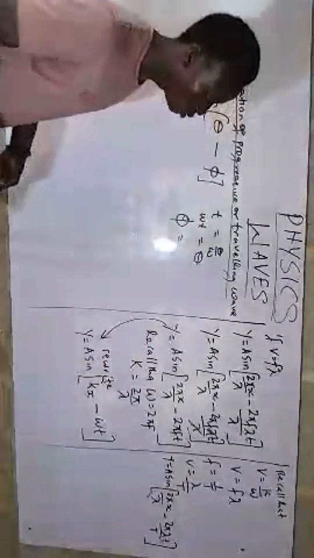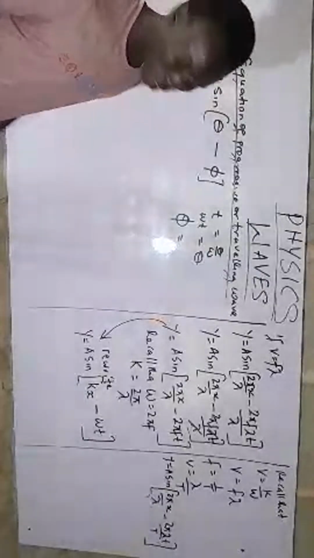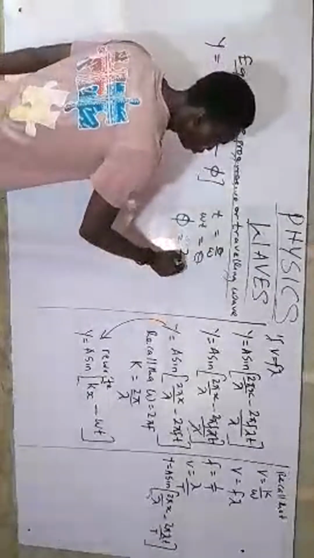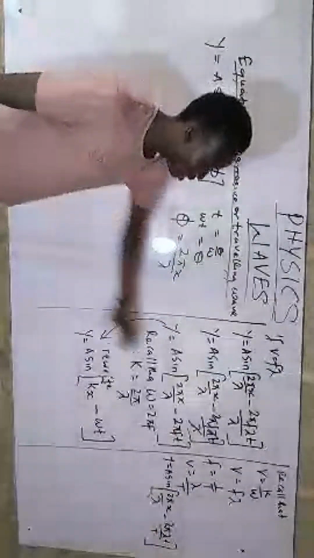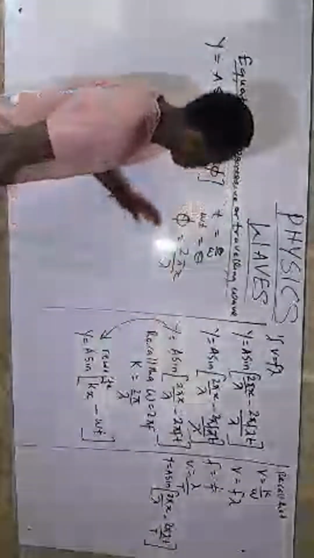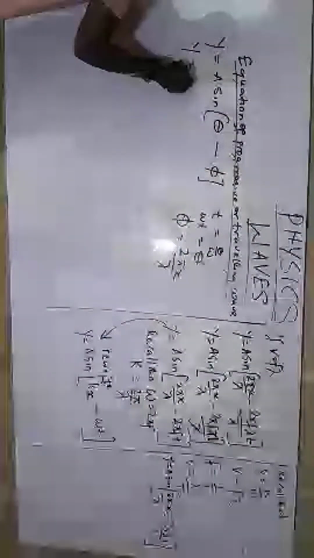The phase angle originated from the expression that we have there, where we have what we call 2 pi x over what? Over lambda, the expression that we have in this place. So phase angle equals 2 pi x over lambda. So y now equals, then we are going to have, if you write what you have in that place, when our theta